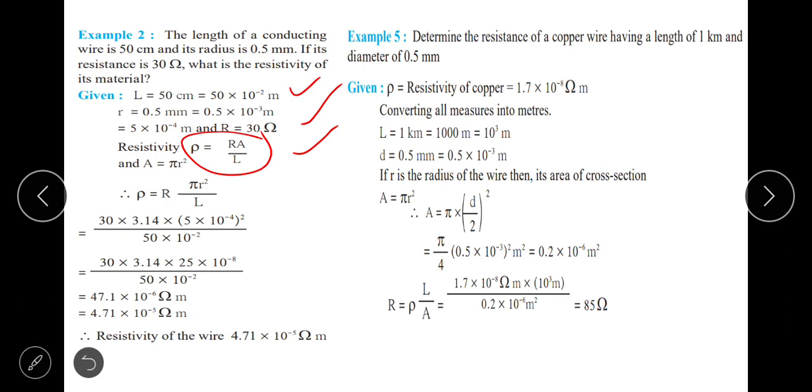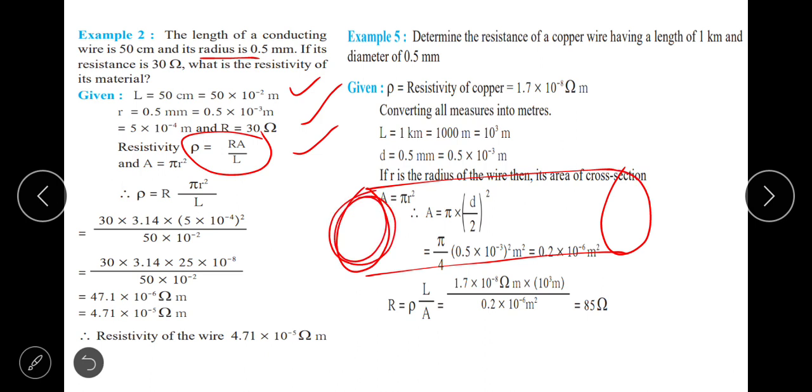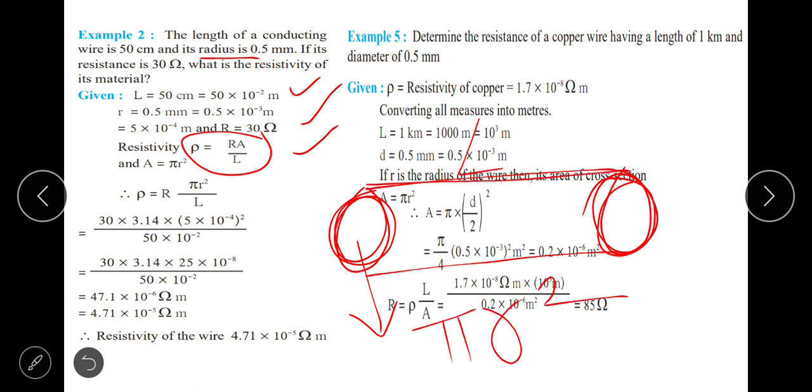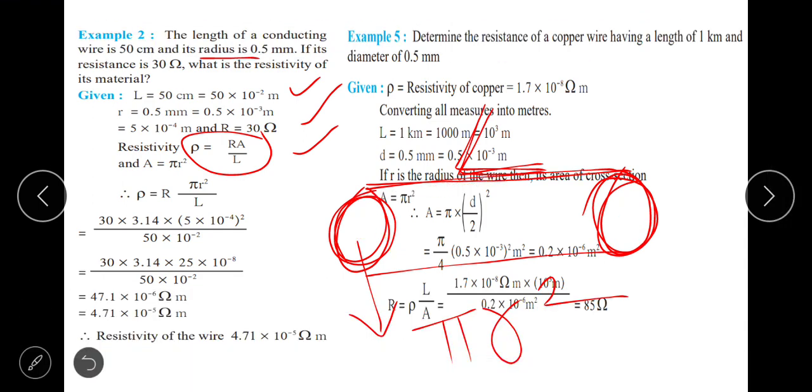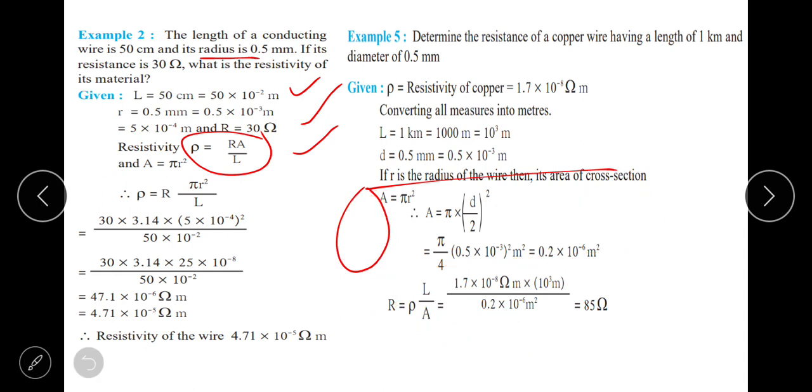And now here the length of the conducting wire, okay, having some radius. That means if radius is given, so area of cross section, see your conductor looks like this. Okay, when the conductor looks like this, this is called the area of cross section. Since it is round, the area of cross section is pi r square, and this is called the length of the conductor. This is the area of cross section and this is the length. That is fine. So you now know about the area of cross section of a conductor. Radius is given, that means it is round.